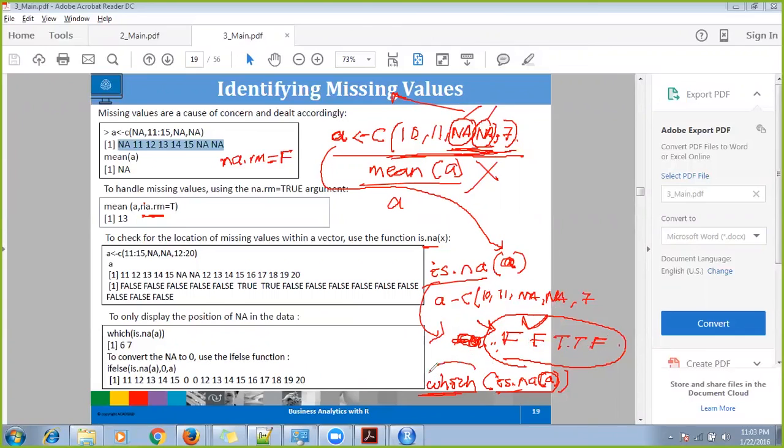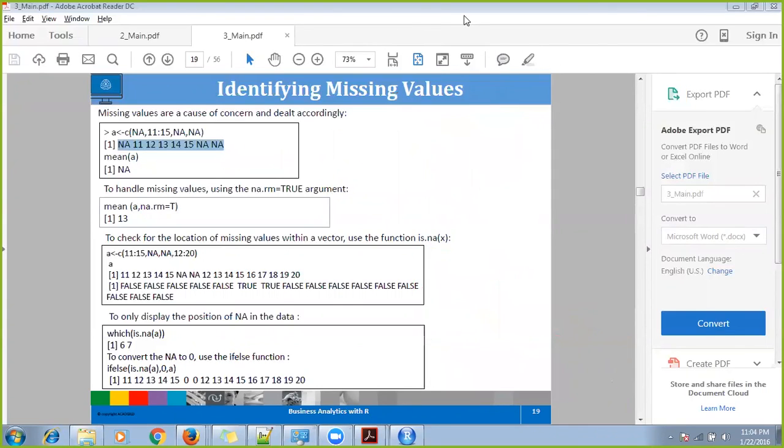What which does is look into this vector, and wherever it has TRUE, it will return that index. So this is the 1st, 2nd, 3rd, 4th, 5th index, right? So which of is.na will give me values like 3 and 4. So that's all. Let's just run it and show it to you once.